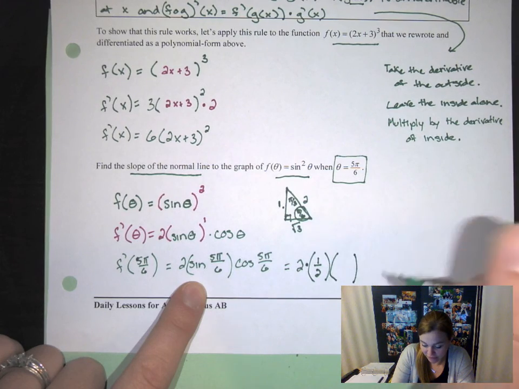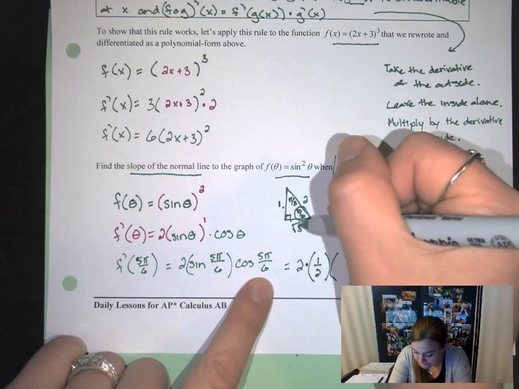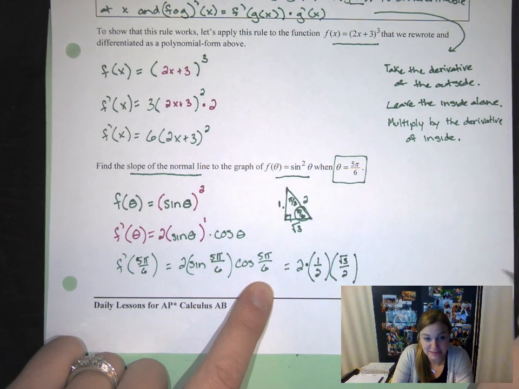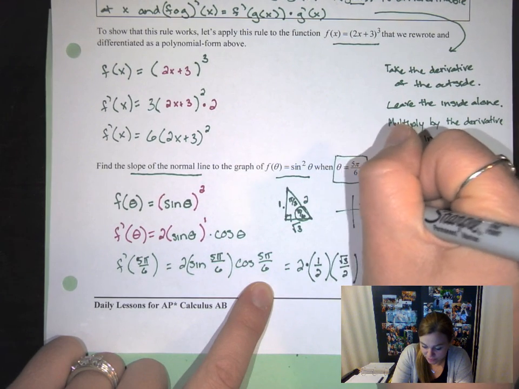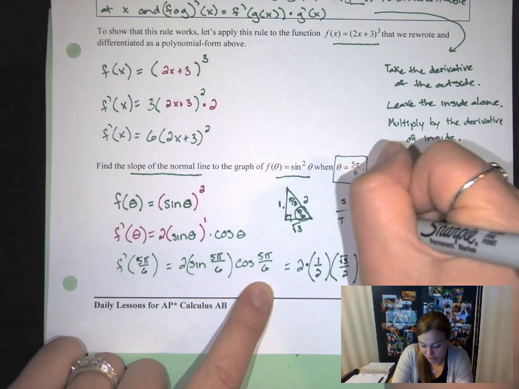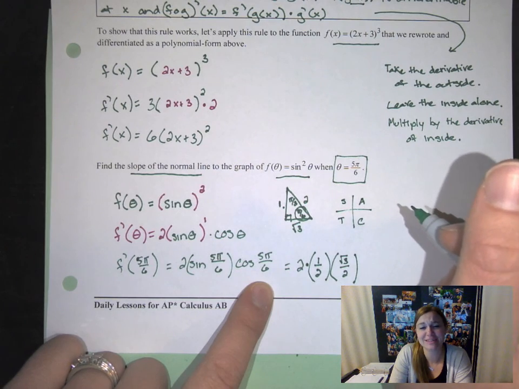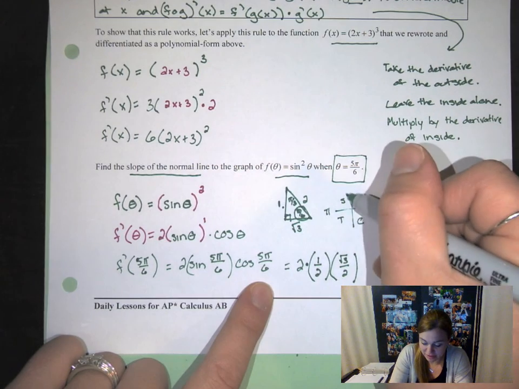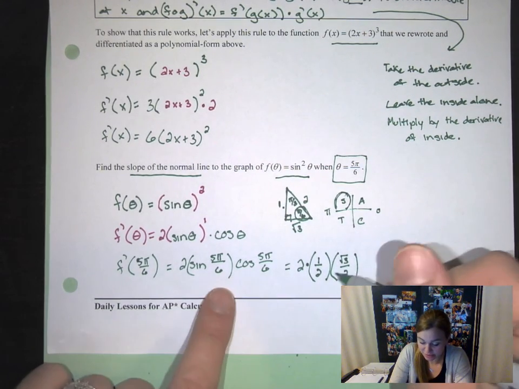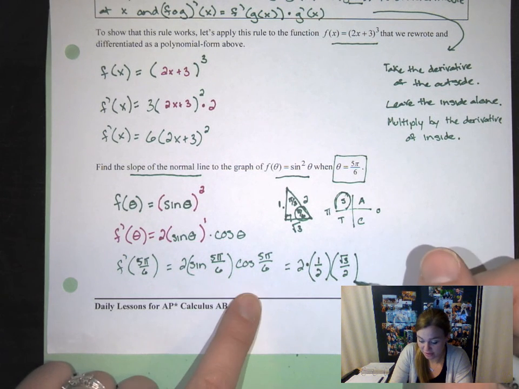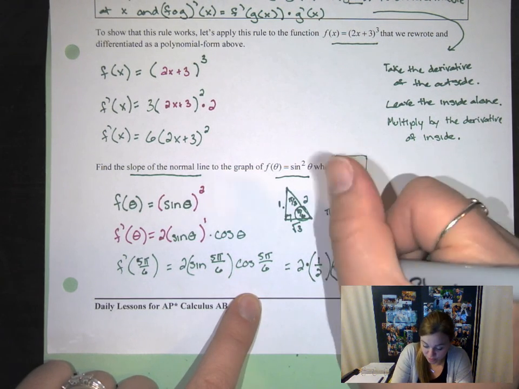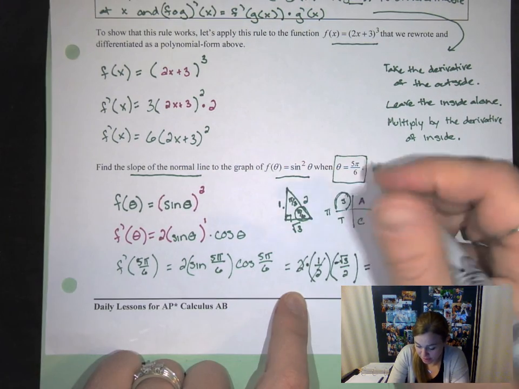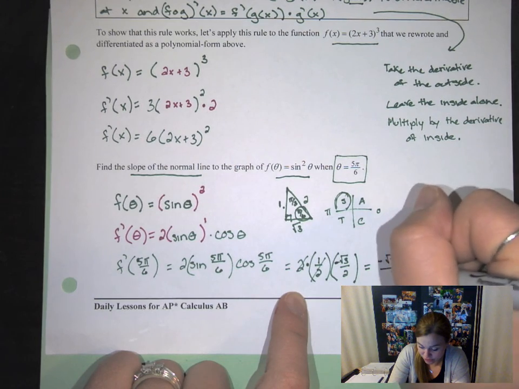Cosine of 5 pi over 6 would be pi over 6 again, square root of 3 over 2. And again, I've got to be careful with positive or negative because I remember all our awesome students take calculus. 5 pi over 6 is almost 6 pi over 6. So if this is 0 and this is pi, I'm thinking this quadrant. So sine is going to be positive, so the 1/2 is positive. The negative, or this square root of 3 over 2, will be negative. So this whole answer will be, this will go away, and I'd be left with negative root 3 over 2,